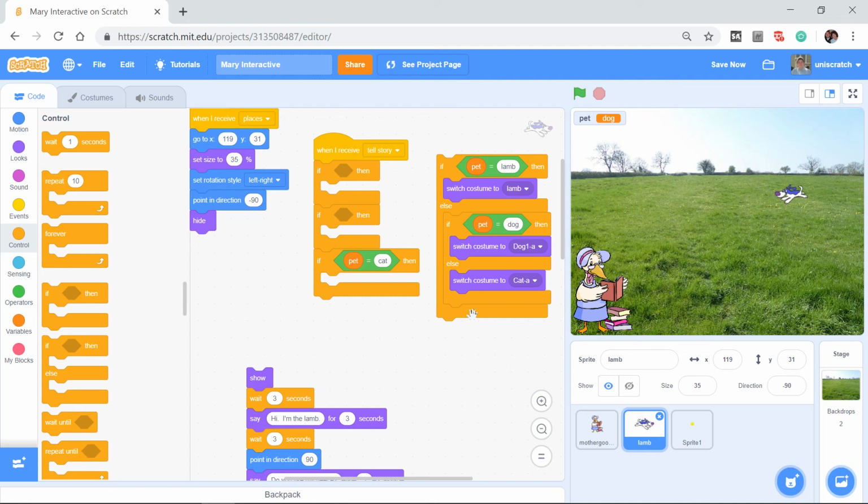The real distinction right now is, suppose that somebody had put in the word fish, right? On the left-hand side, and I should have left the blocks and duplicated them. On the left-hand side, though, it said, if they told me lamb, switch to lamb. If they told me dog, switch to dog. If they told me cat, switch to cat. If the answer was fish, which of course was none of those, then the costume wouldn't change, which may be